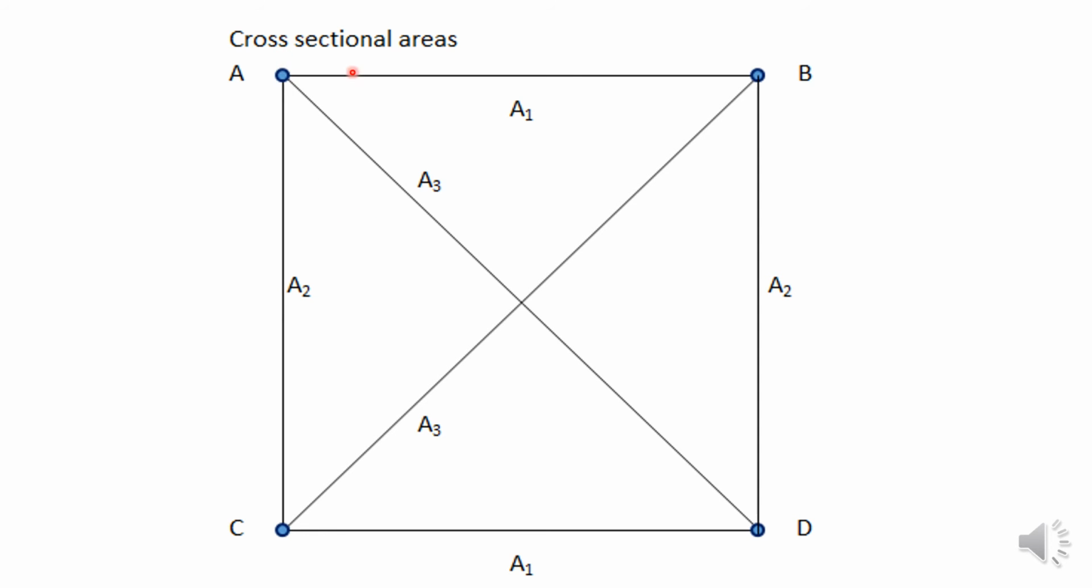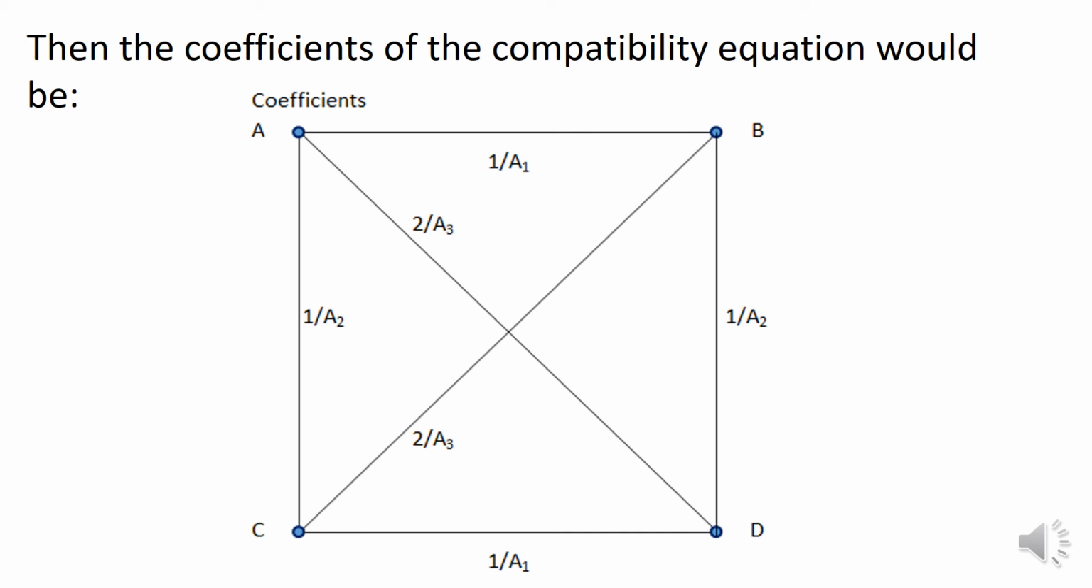So we have again A, B, C, D is our truss. Let's suppose the top and bottom have the same cross-sectional areas, A1. The left and right verticals have the same cross-sectional areas, A2. The diagonals have the same cross-sectional areas, A3. Then the coefficients of the compatibility equation would be